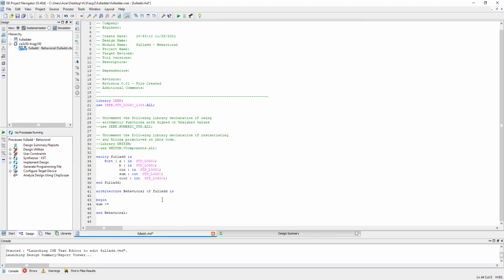sum is equal to, what is the logical equation for full adder in case of sum? What is the equation for sum? What is the K-map derived equation for sum in case of full adder?